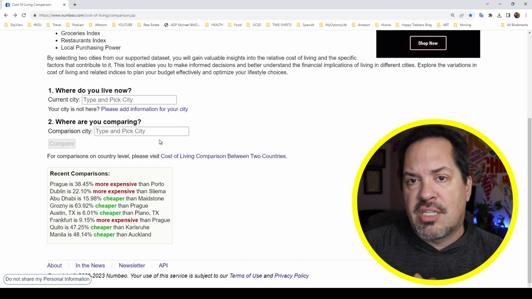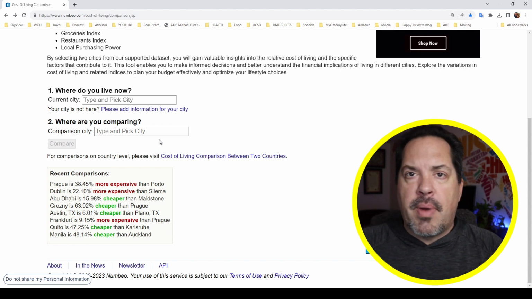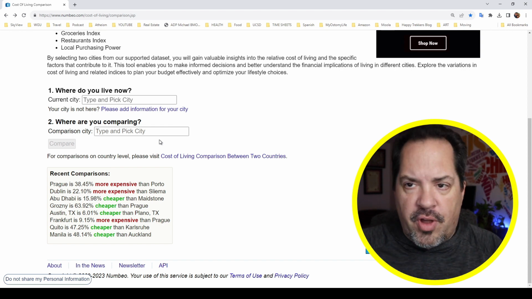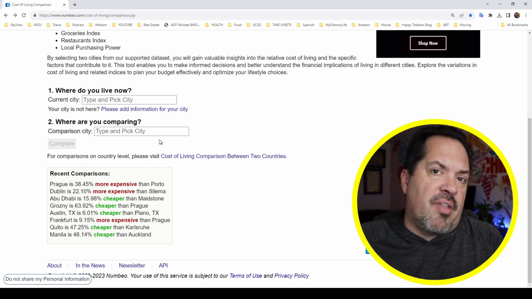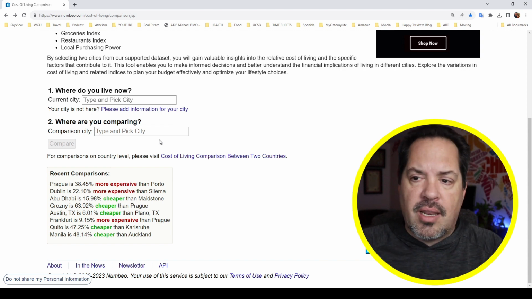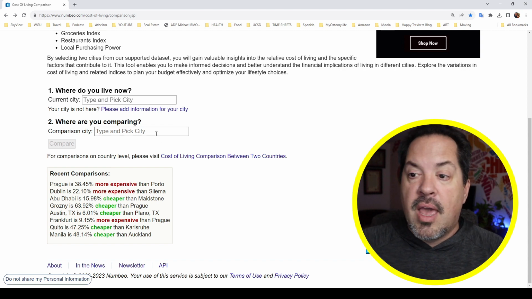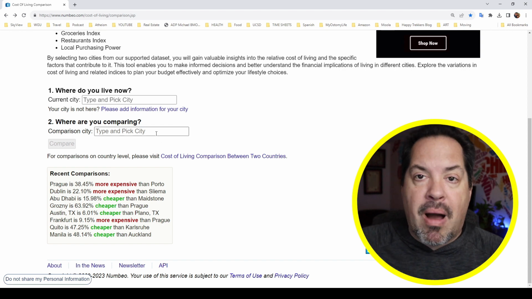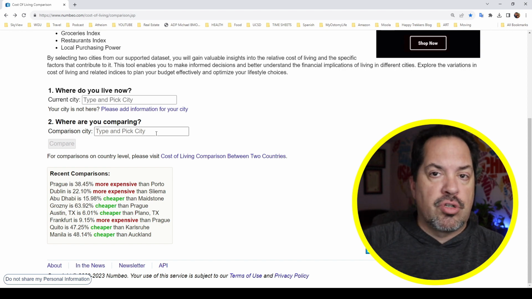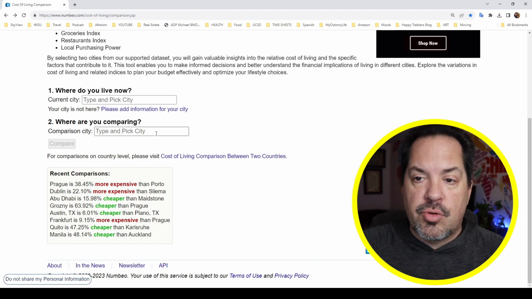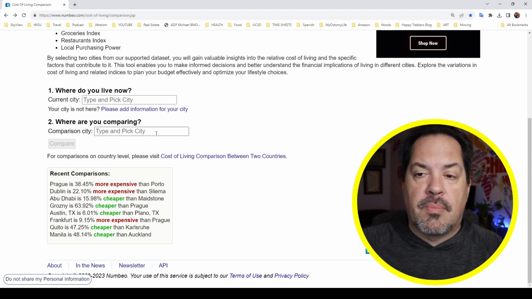And I use this all the time. Sometimes I might read an article or watch a YouTube video or whatever about a city that I'm just not that familiar with, and I'll plug it in and say, oh, okay, that's how much it costs to live in that city. And it might be something I want to add to my list of places to research and maybe think about going to visit or explore or maybe someday retire.